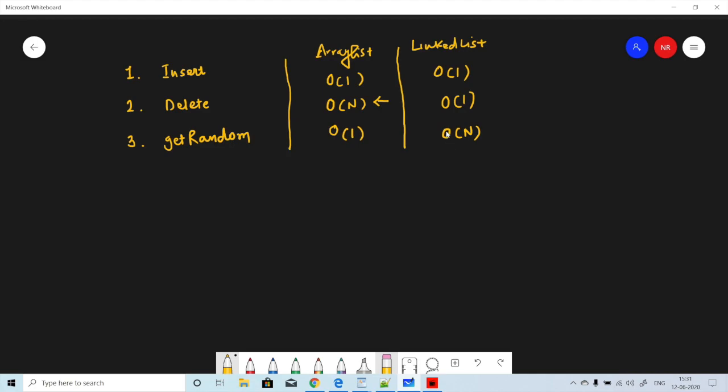Now, while inserting we also have one clause: we need to check whether that number is present or not. In a linked list, checking whether an element is present is again going to be O(n). If it is not present, then only we need to add. All right, so the one thing that comes to our mind is that every time we need to do a lookup of that element to see whether it is present or not.